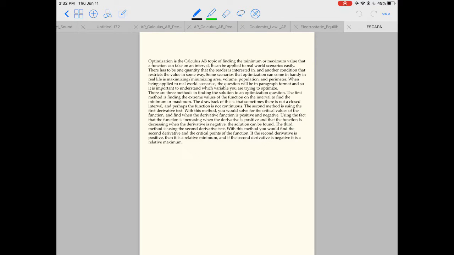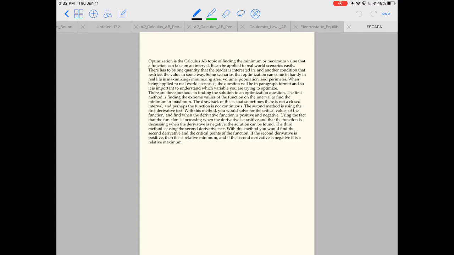Optimization is the calculus AB topic of finding the minimum or maximum value that a function can take on an interval. It can be applied to real-world scenarios easily. There has to be one quantity that the reader is interested in and another condition or constraint that restricts the value in some way. Some scenarios where optimization can come in handy in real life are maximizing or minimizing area, volume, population, and